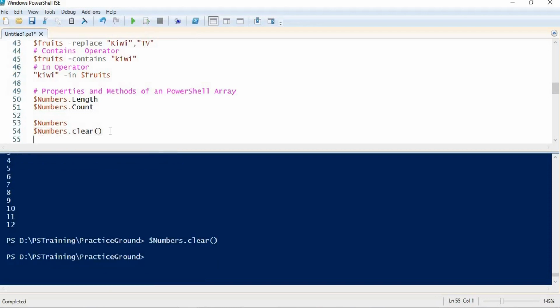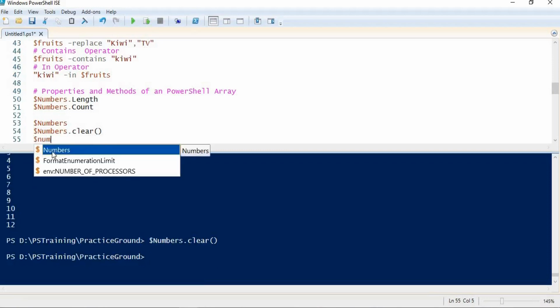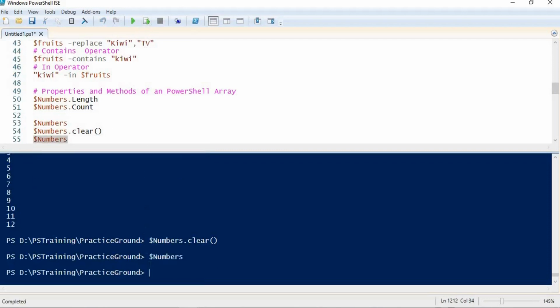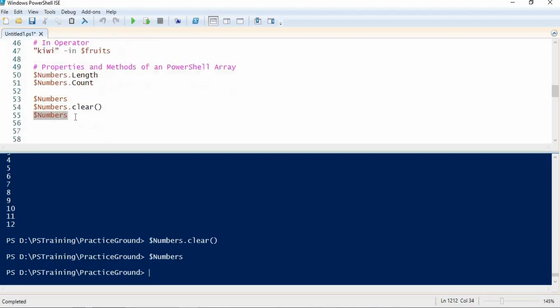If I try to see the numbers, I can see it is not giving me anything because all the elements have value null, but indexing is still the same as it was before clearing the elements.